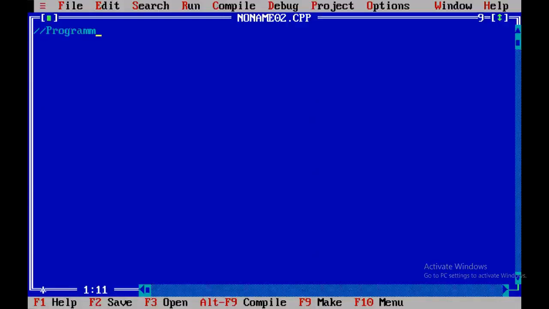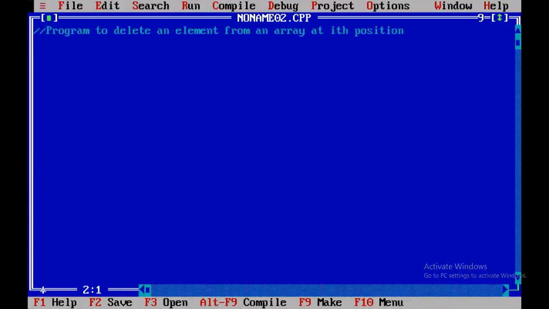In the comment section, I'll write the name of the program, that is a program to delete an element from an array at ith position.